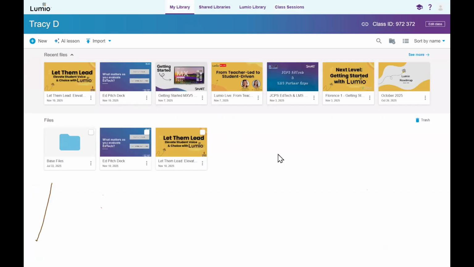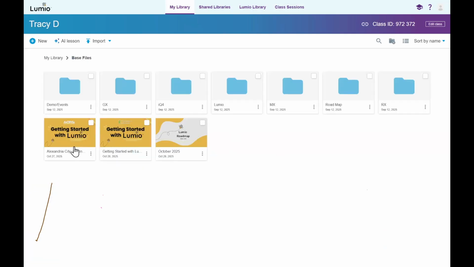So my library, this is the landing page that you go to when you sign in as a teacher. My library is where all of my files are going to sit. You are able to create folders for your files and drag and drop them just like you do with most programs. And this is where you're going to start building any of the activities that you're looking to do. They're all going to be started by clicking the new button there in the top